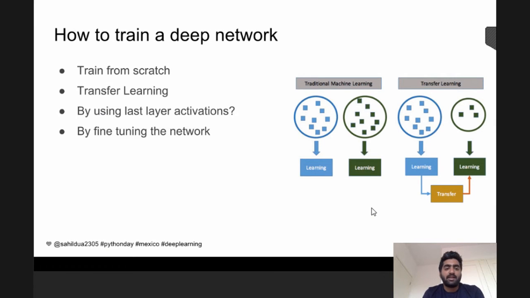There are other ways as well. For example, you can use the last layer activations of a deep neural network as features, and use those features to create a support vector machine, which will help you have a better model than what you would get using the traditional method of training from scratch. Or you can also train a deep network using fine tuning of the network, which means first